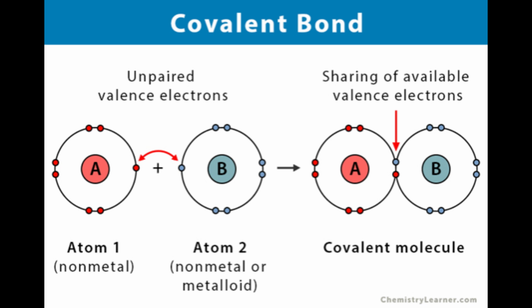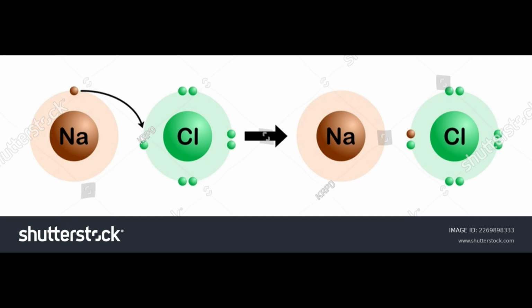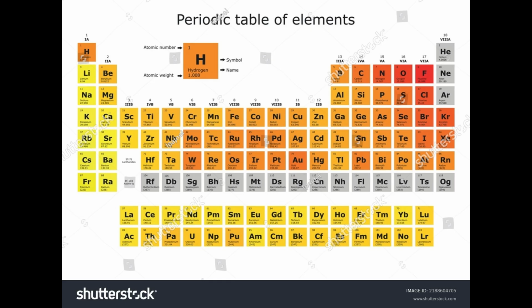A covalent bond is a bond between two elements from the top right of the periodic table, usually nonmetals. What's special about covalent bonding is that instead of having an electron being transferred to another element, we're just going to share that electron and have that count towards both of their octets. And what allows covalent bonding to exist in the first place is the small difference between the electronegativity